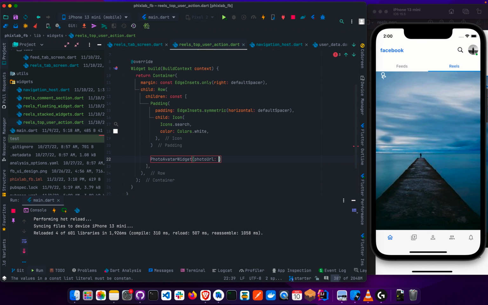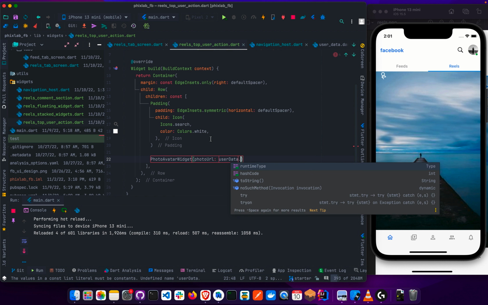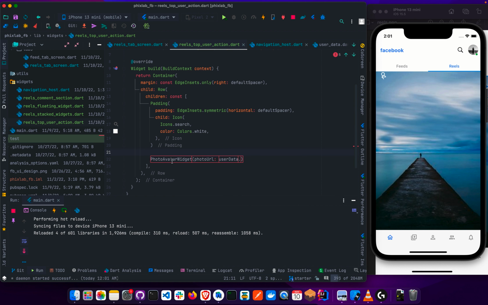So the essence of this is so that we can actually reuse this very avatar, because it's going to be used in multiple places. So I'm going to do user data as well, because user data is still where we can actually get the profile URL. Right now, this is not created, so I'm going to quickly create a new